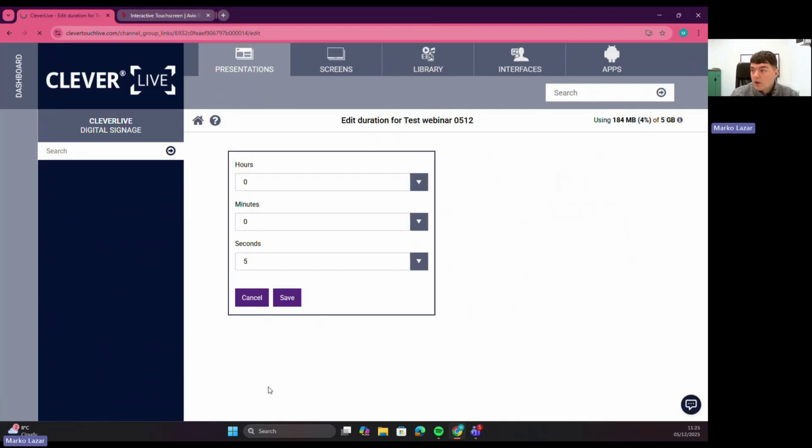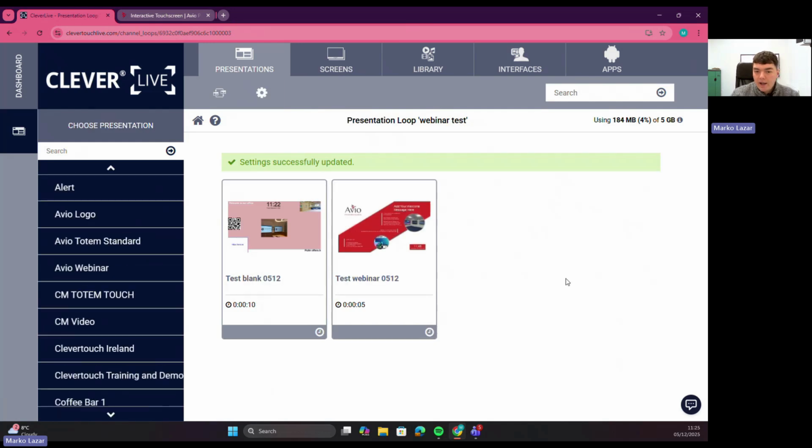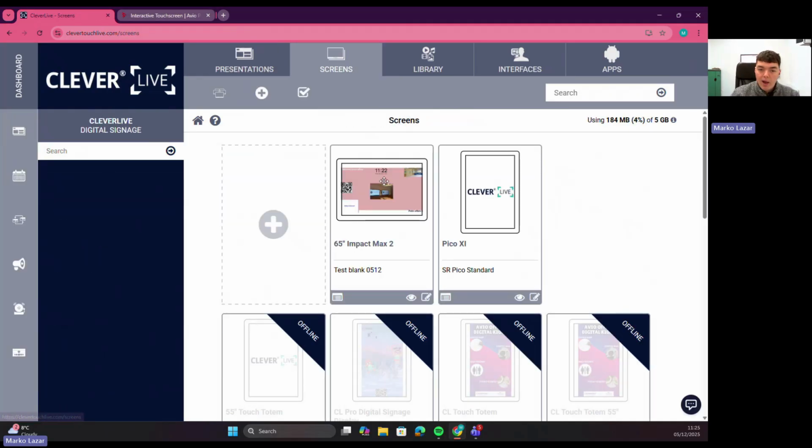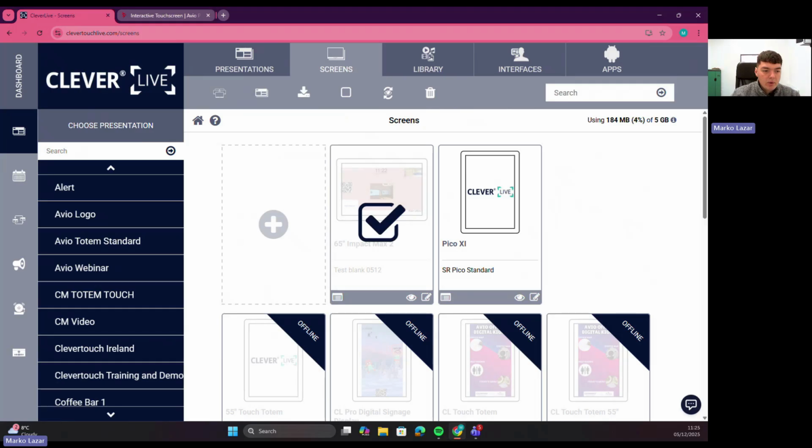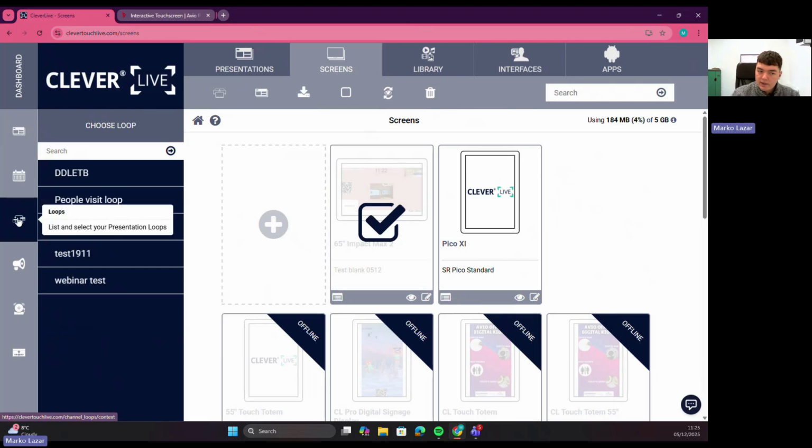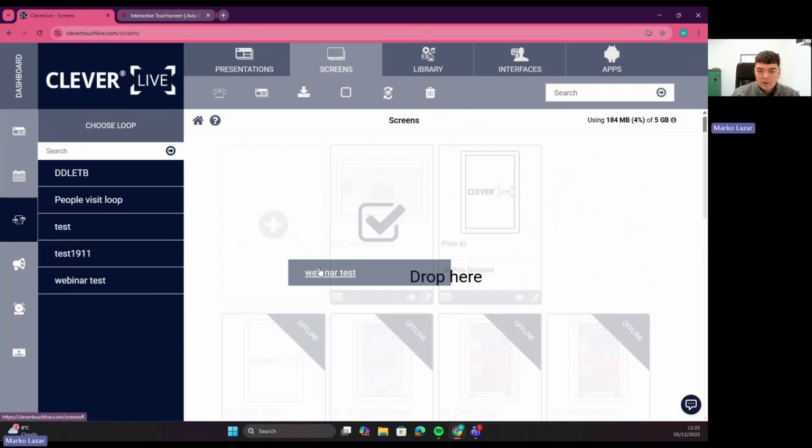5 seconds, just an example, okay? So now I have that loop made up. So if I want to push that loop out to my screen, I'm going to go onto my screens along the top. I'm going to select that screen. Now, a very important part is on the left-hand side here, we're going to find loops. So we're going to select that part here, and we can drag and drop that webinar test loop onto my